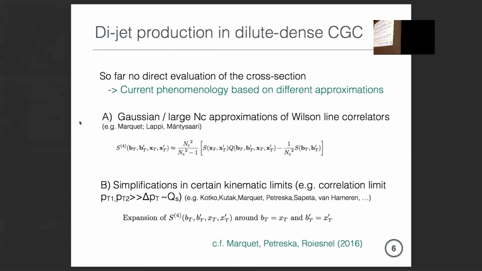So in essence, you can do two things here, right? You can either try to do simplifications on the structure of the color fields, or the correlation functions of the color fields of the target. Or you can try the other approach, to work in certain kinematic limits, where simplifications automatically occur. In recent years that has been used very widely for phenomenology, because it makes the whole calculation a whole lot simpler.